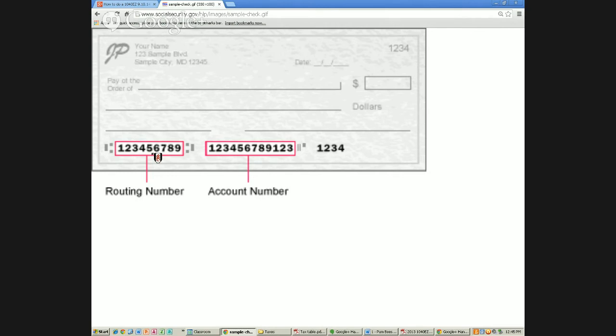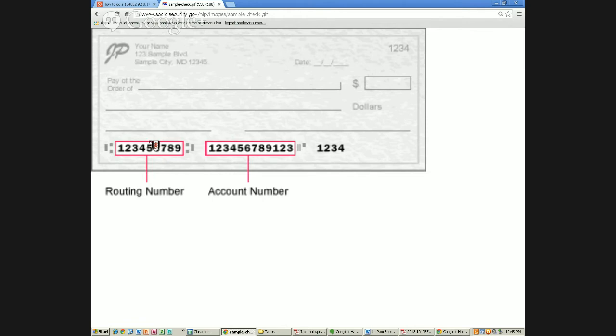So if you file your taxes electronically, the government's going to use this routing number, and they're going to send a check to that bank. That routing number is connected to your bank. So like, all right, we need to go to Chase Bank. What's the routing number? Oh, 71, yada, yada, yada. All right, I'm at Chase Bank. What's the account number now? Oh, okay, so I'm going to put that check in that account number. So it's got to find the routing number, then it goes to the account number, and then you guys have the money.